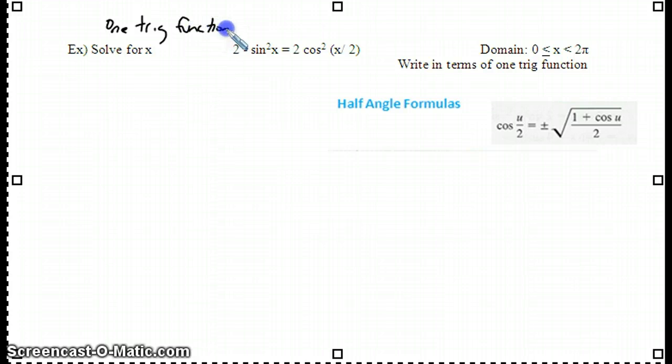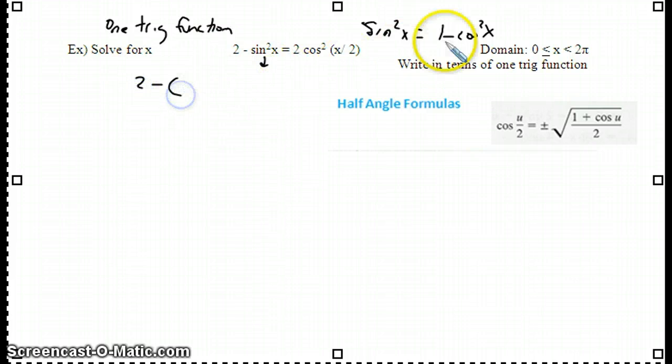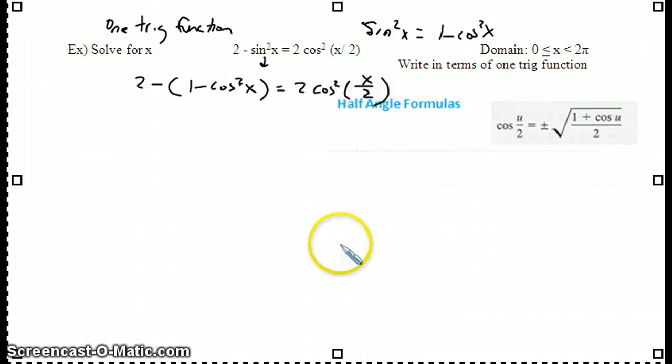And to do that, I'm going to use the Pythagorean identity that the sine squared of x is equal to 1 minus the cosine squared x. So I'm going to make that substitution right off the bat. So it's going to be 2 minus, then change sine squared into 1 minus cosine squared. Okay, so the next thing that I'm going to do is manipulate this, distribute in the negative